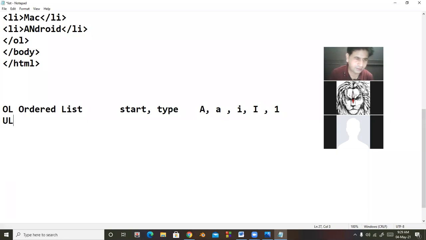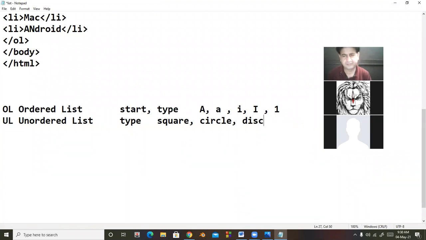There is the UL tag. It is an unordered list. It has only one attribute, type. Its possible values are square, circle, disk.